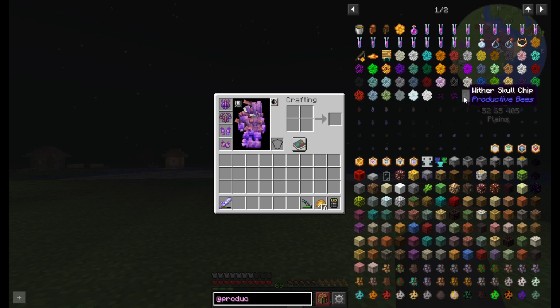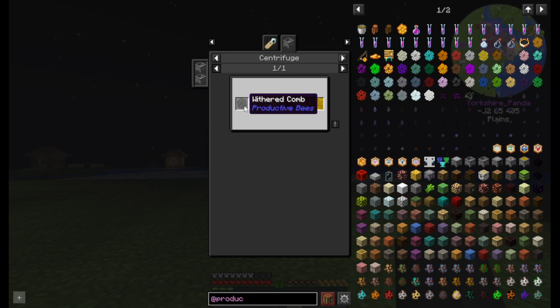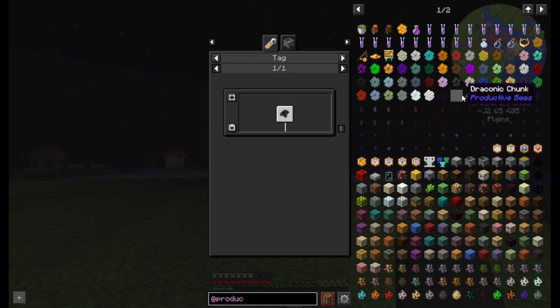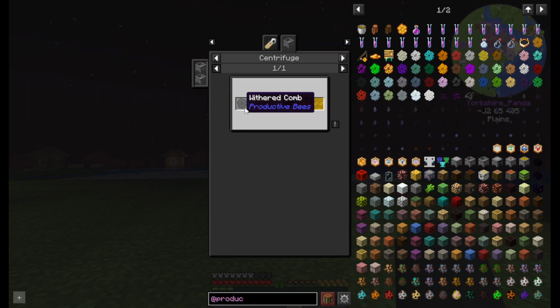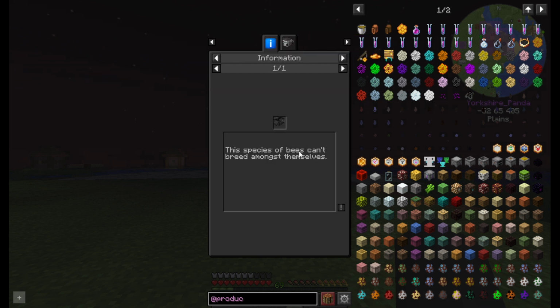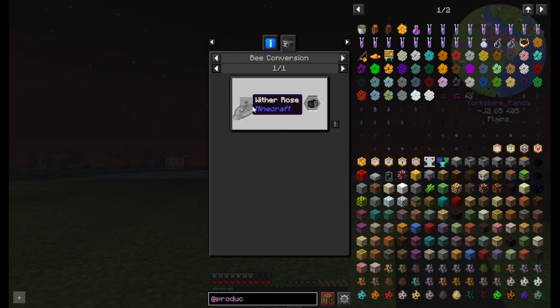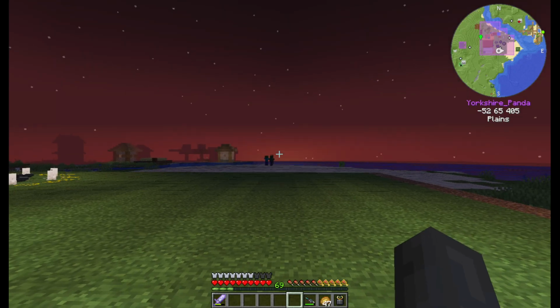productive bees. So you can get these wither skull chips from the centrifuge from withered combs, and these can be used to make wither skulls. Now, to get the withered combs, we need a withered bee, which needs a wither rose and a skeleton bee. And a skeleton bee can't breed, but we can find. Now,